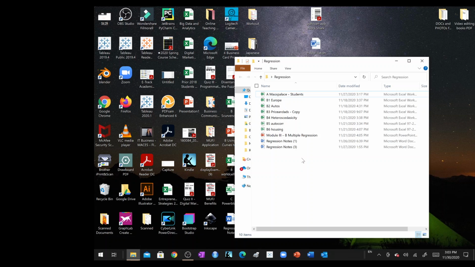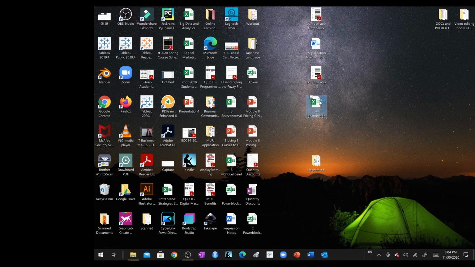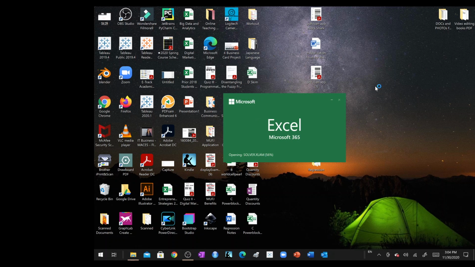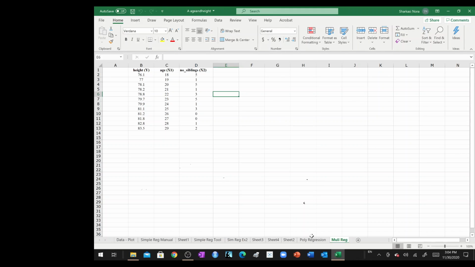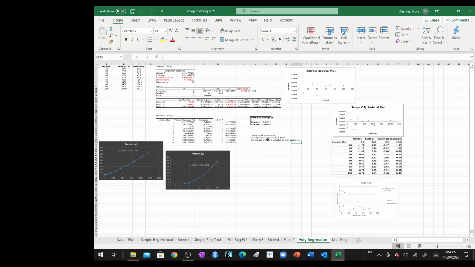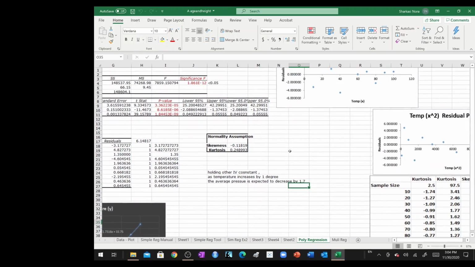In the example that I shared with you, temperature and pressure, I showed you how we used skewness and kurtosis to check the normality, and there were no alarming